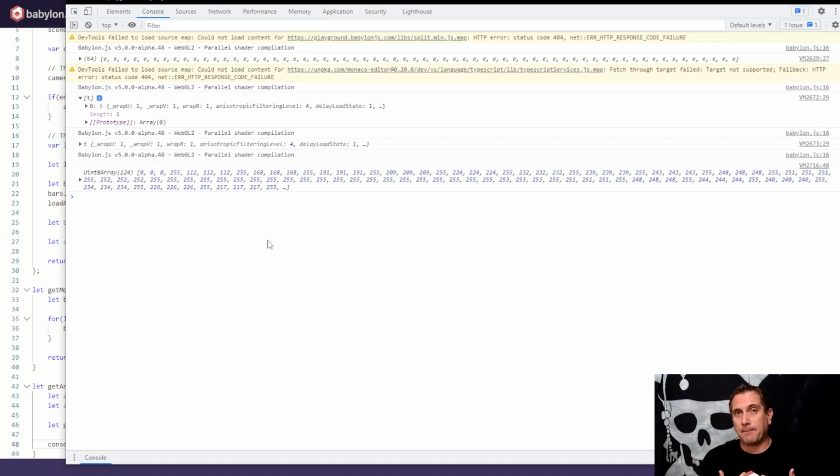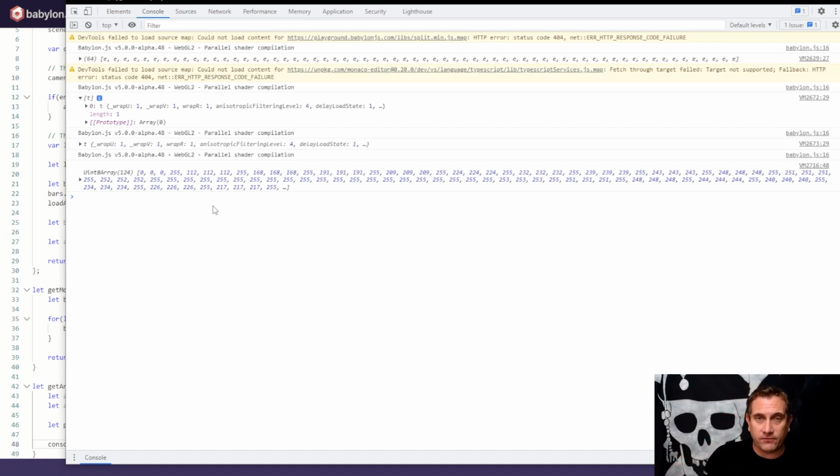That's because our next step is we need to pull out every fourth value from this array. And here's why. If you look closely at what's happening, you'll see that we have a pattern. Three numbers that match, and then 255. Three numbers that match, and then 255. What happens with that readPixels function is it's going to return four values for every single pixel: the R, G, B, and A values, or the red, green, blue, and alpha values of any given pixel. So in this case, our first pixel has a red, green, and blue value of 0,